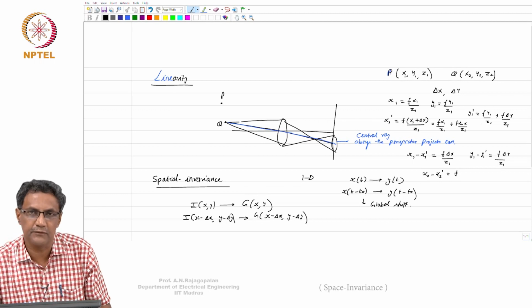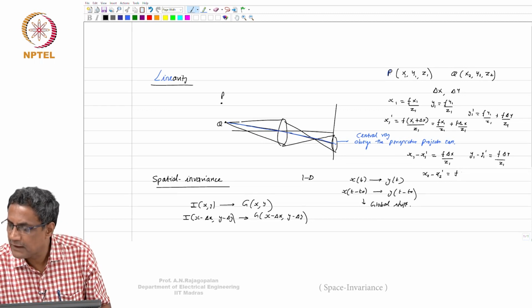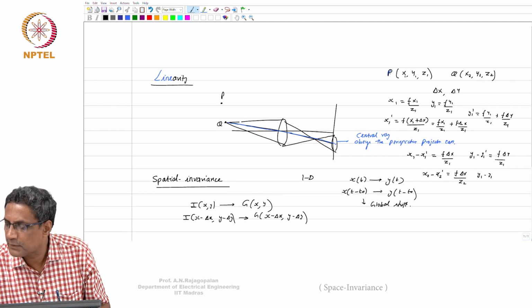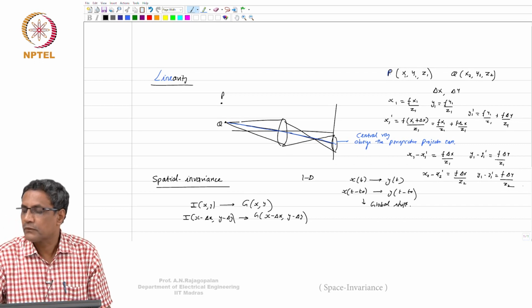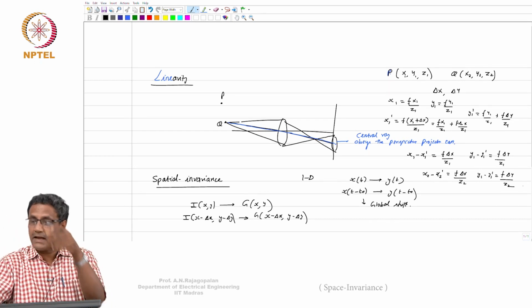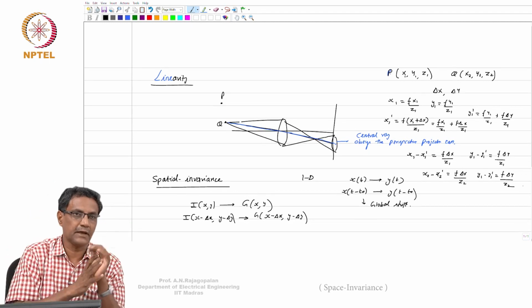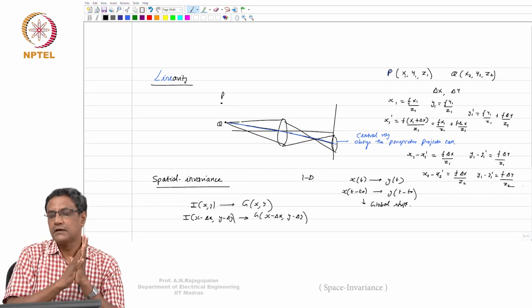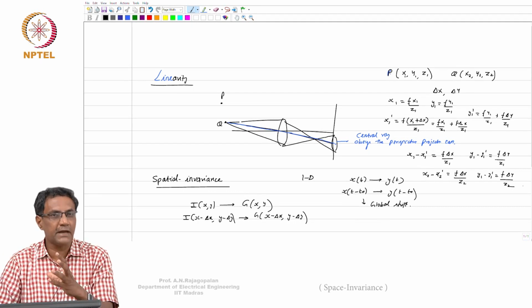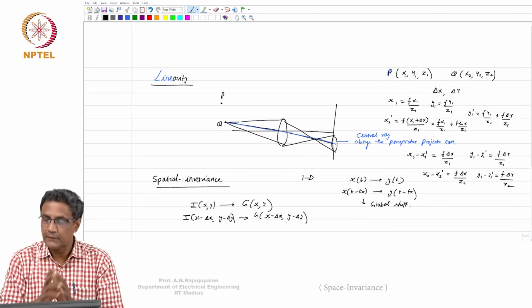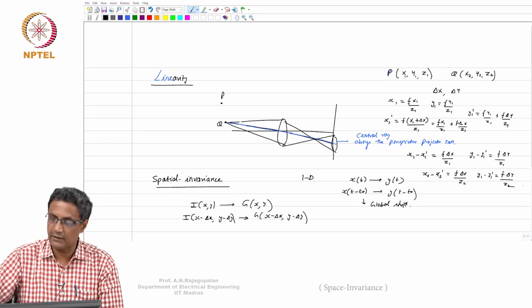If you just carry out this operation, you will end up with f delta x by z2, and y1 minus y1 prime will be equal to f delta y by z2. Okay, so then what it actually means is that we cannot take an arbitrary 3D scene and assume that if I capture the next image, which will be a pinhole image, let's say that is my next eye, the one that is sitting here,